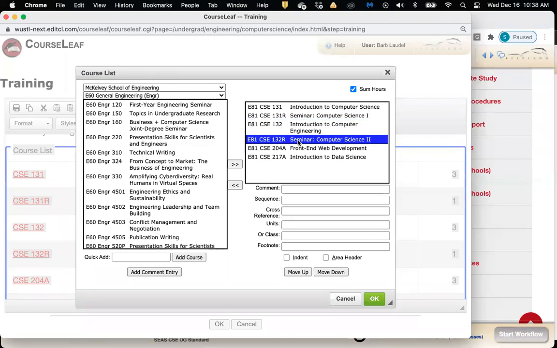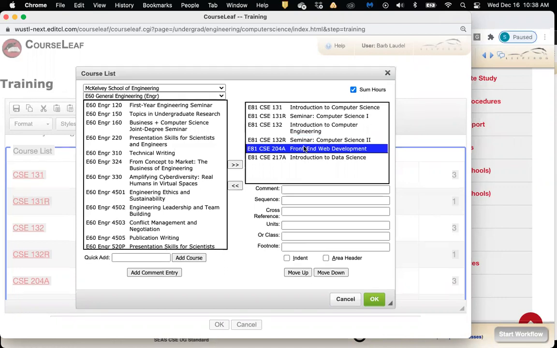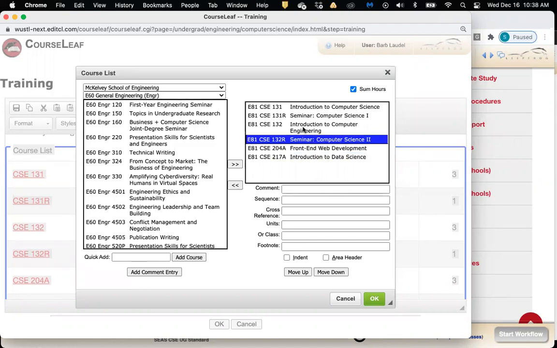This might be a little bit tricky. So seminar, let's say, okay, so this is interesting. You have units here. What do you use units for? I think sometimes if we need to override, for whatever reason, the number of units, or if we're adding a course that isn't yet in WooCursal and we just need to add the number of units. Got it. Okay. All right.